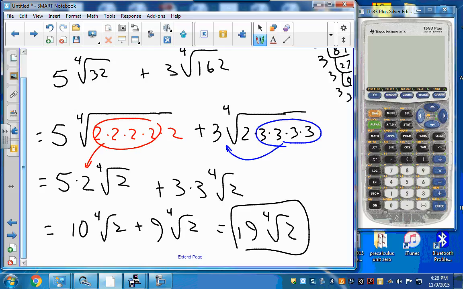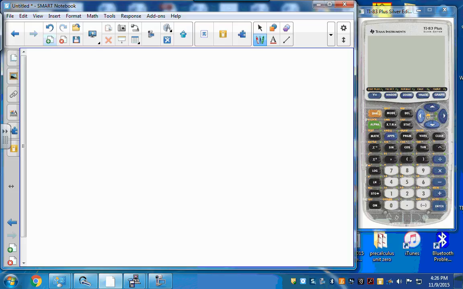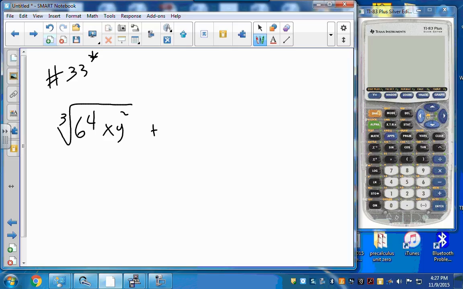Okay, look at that one a couple times. Number 33, I have an asterisk around this. I wonder why that might be. Who knows? 33 has the cube root of 64 xy squared, and then plus the cube root of 27 x to the 4th, y to the 5th. Okay,